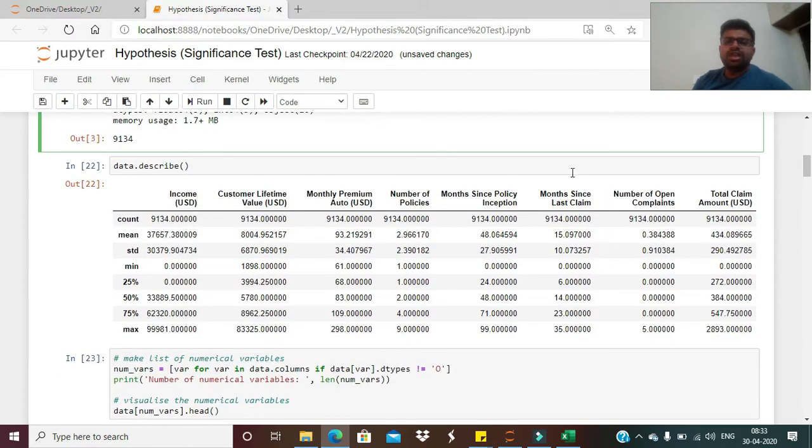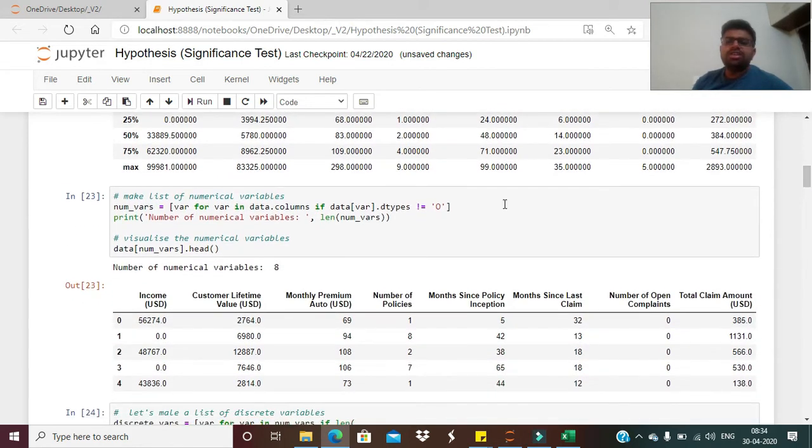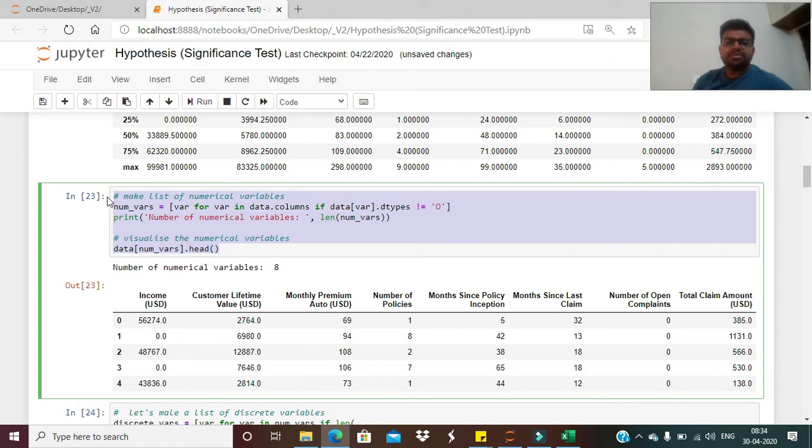If you want to describe in a similar fashion to what we did in the earlier session, you will get this basic description of all the numeric variables we have, right? So you have income USD, customer lifetime, monthly premium, number of policies, and so on. Now, if we want to specify all these numerical variables in a separate list, we can use this piece of code.